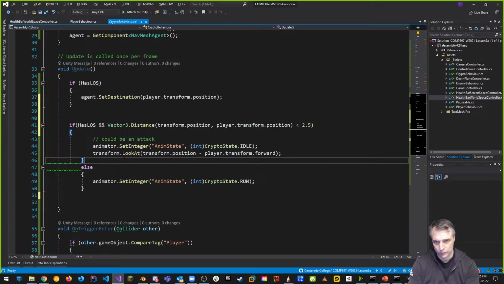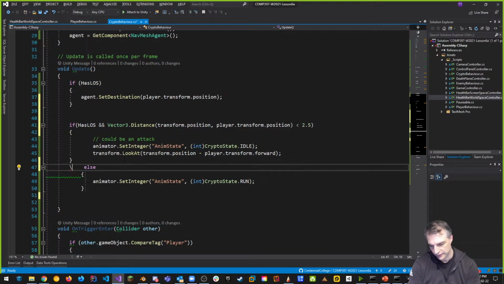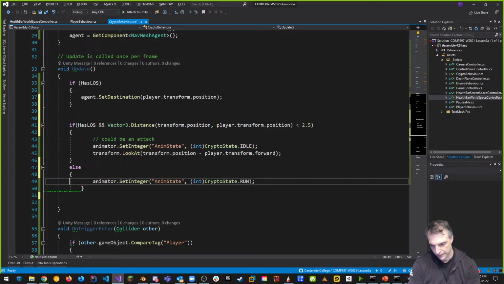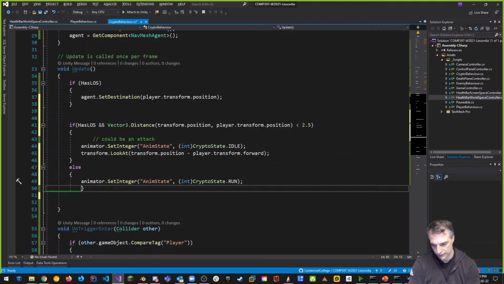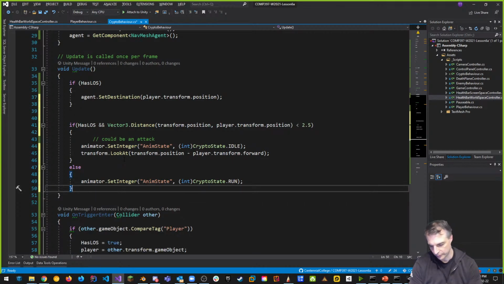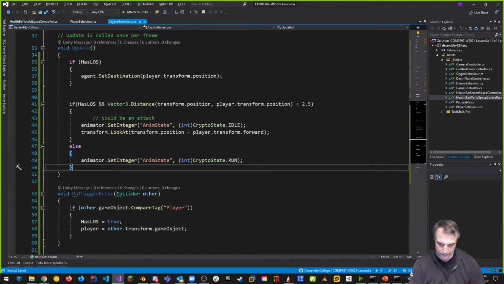Detection radius should make the motion smoother than the line of sight. Yeah, it's going to be different. Detection radius means that anywhere in the radius, he'll turn to find the player. And that's why I said detection radius is an option for you guys, because you should have both, actually. Line of sight, even if they're not in detection radius, but you can see the player, they should start moving towards the player. And then as soon as they're in detection radius, he'll maintain line, as long as he has line of sight,